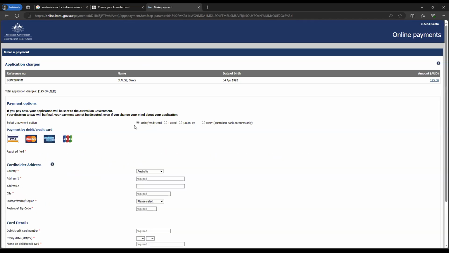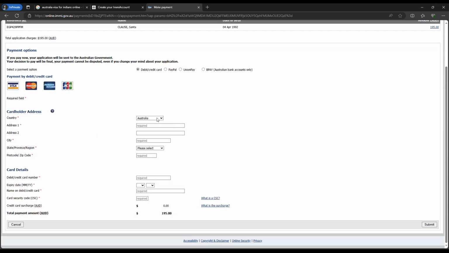So debit or credit card, before using a debit or credit card, kindly call your bank or go to net banking, enable your international transaction, because this transaction will not require any OTP, guys. So you'll have to inform the bank that you're making this transaction. Otherwise, the bank will block this transaction saying this is some fraud or scam. So please call your bank, speak to a relationship manager or call customer care and let them know that you will be making this kind of transaction and enable international transaction temporarily, and you'll have to pay 195 Australian